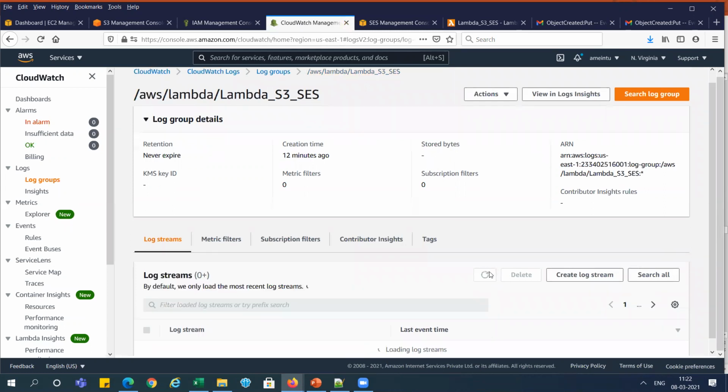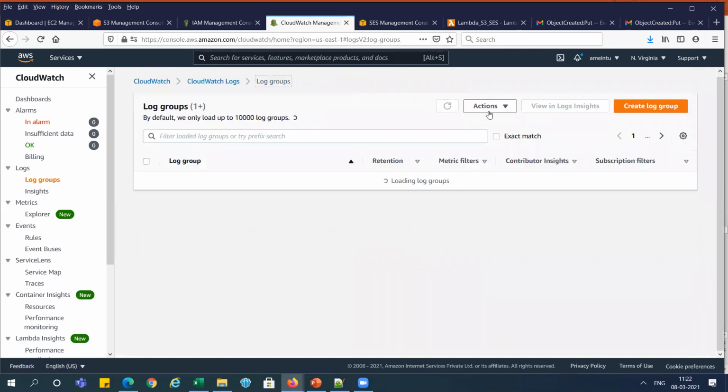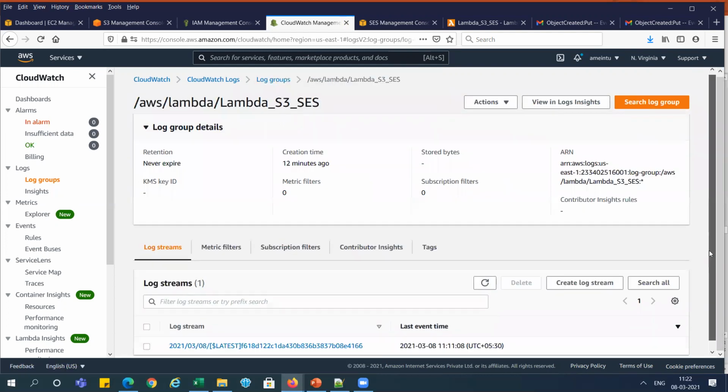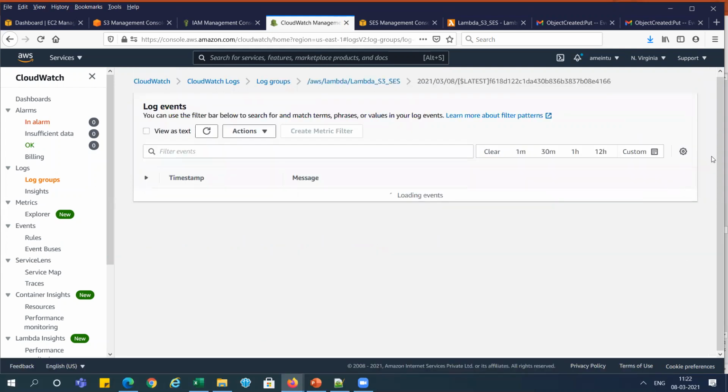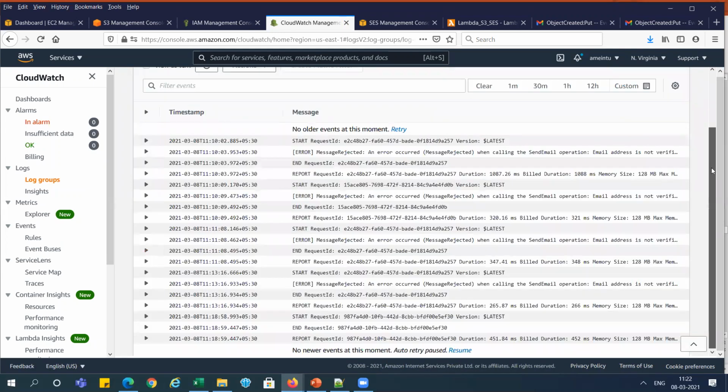I think we are getting the same log file, right, in the log groups. You can see, I think, yeah, it is updated. You can see 11:58.